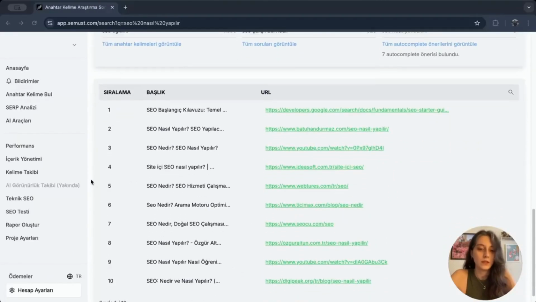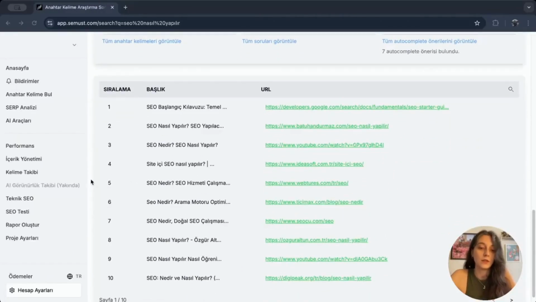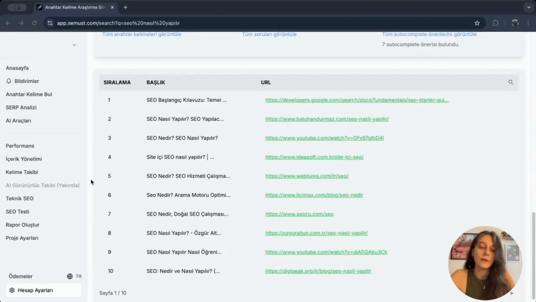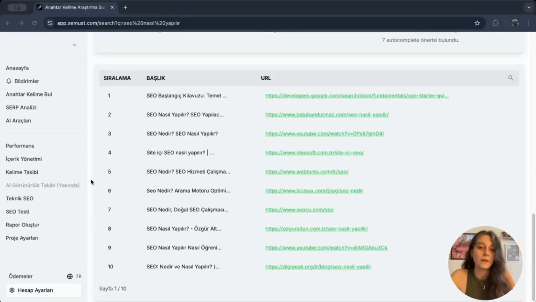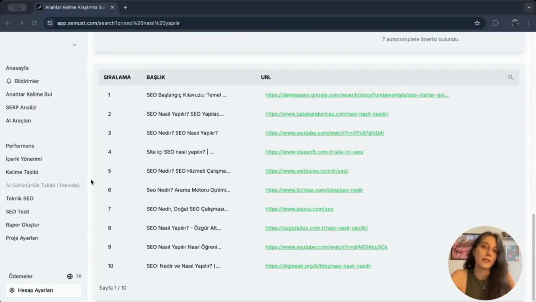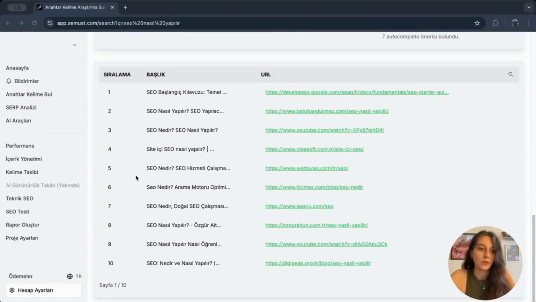When we scroll down to the very bottom of the page, we see a list of pages that are ranking for the keyword we searched for. This section is important for the following reason. One of the most common questions we encounter in SEO is, what can I do to rank higher? The clearest way to understand this is to look at the content that is currently ranking at the top. So the table you see here doesn't just show you your competitors. It also helps you understand details like the tone of the content, the format of the titles, the type of page, such as whether they've created a blog or written a guide, for example. Also, since every link is clickable, you can visit each competitor's page one by one, examine their content, and shape